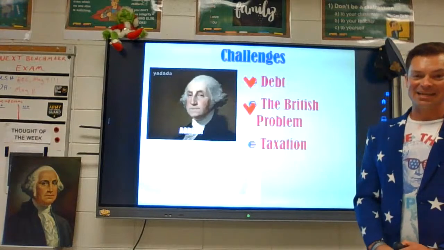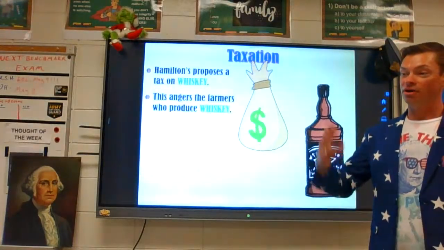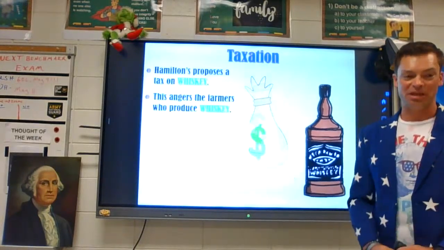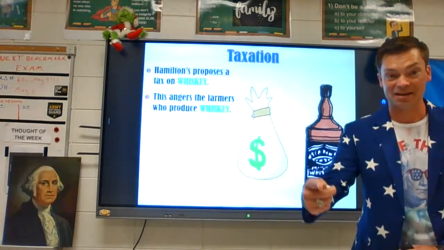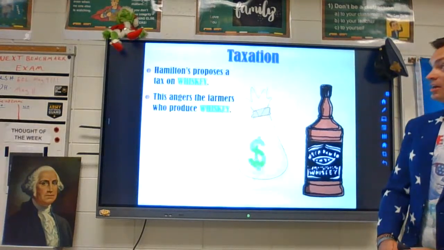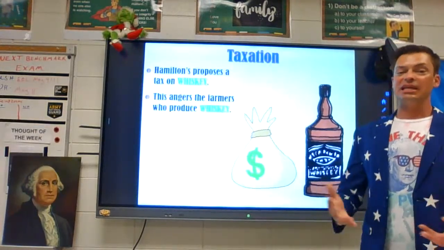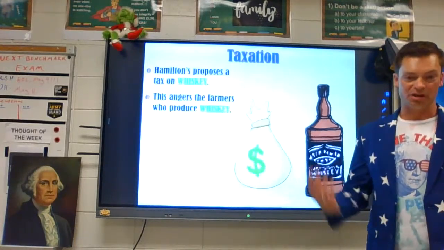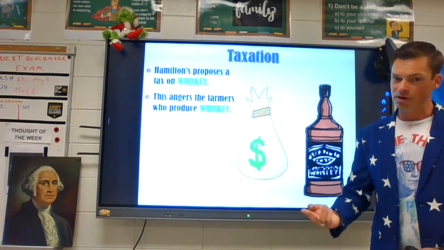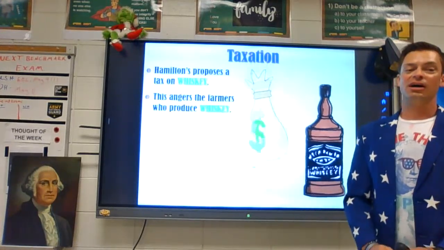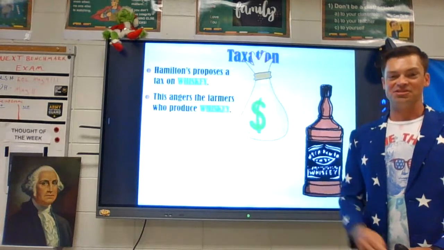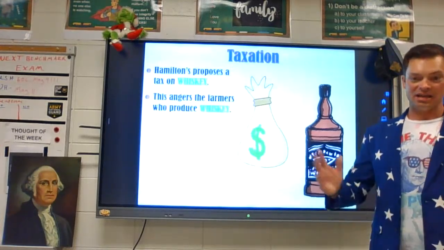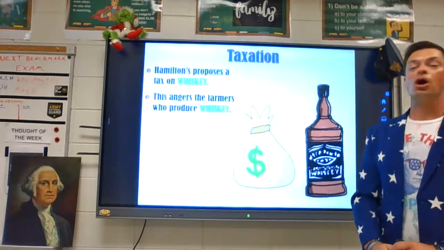Challenge number three, taxation. And again, we're coming off of a war where we hated being taxed. So it's probably hard to talk about taxing people when people think they fought a war to not be taxed. Let's see how George Washington approaches taxation. So the country needs revenue, right? I mean, we have to agree that we pay some taxes for the benefit of the whole. And as long as we're being represented in Congress, at least I'm being taxed with representation instead of being taxed without representation. One of the early taxes George Washington and his leaders come up with is a tax on whiskey.